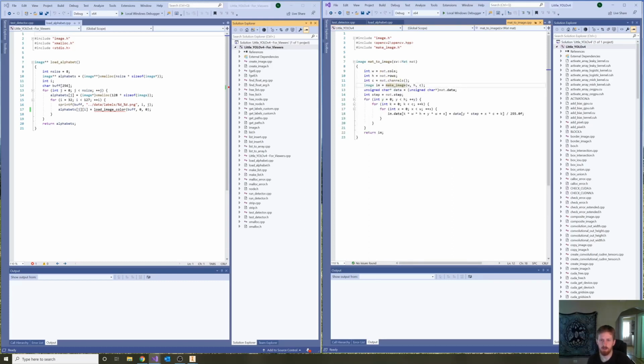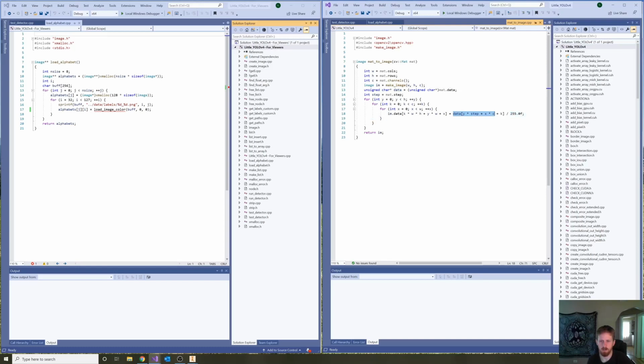Then, for ease of use and speed, we store the pointer to the pixel data in the Opencv matrix in a new pointer called data to unsigned bytes, and then iterating over number of channels, the height of the image and the width of the image,